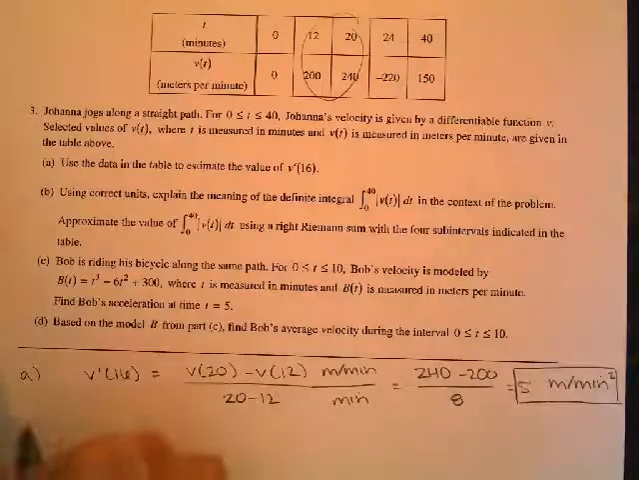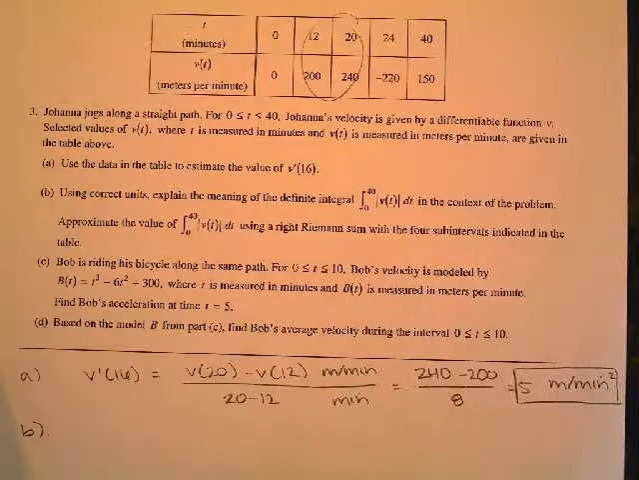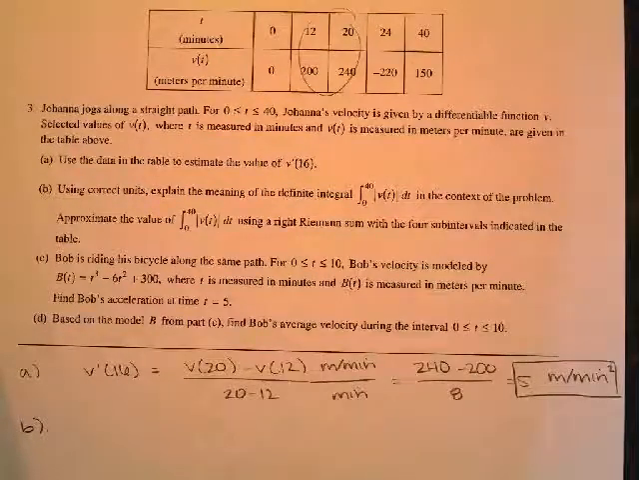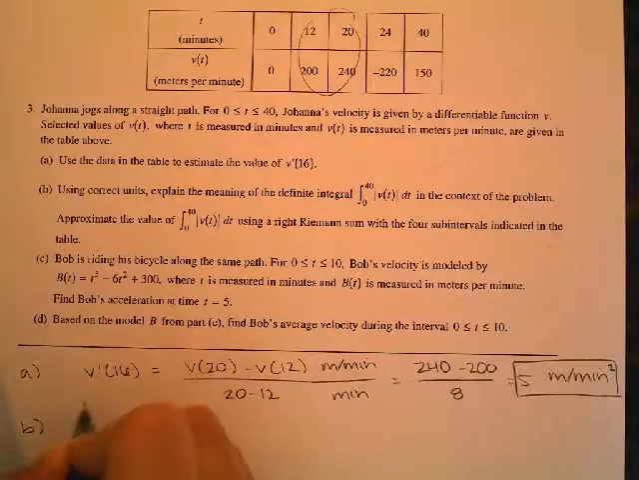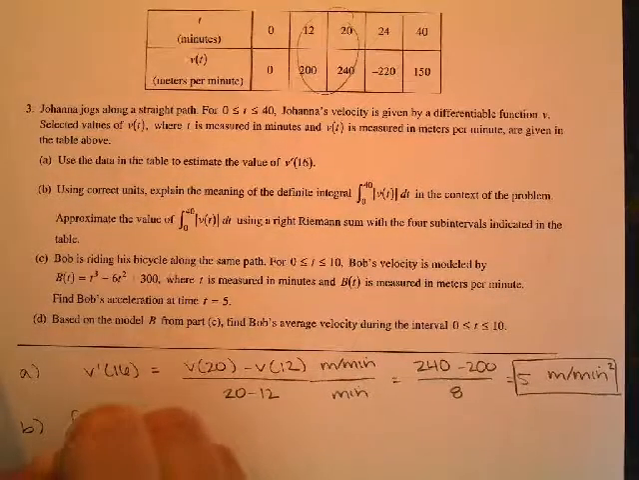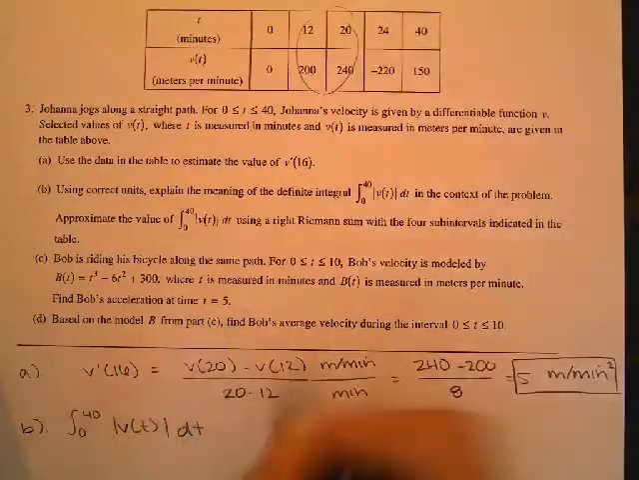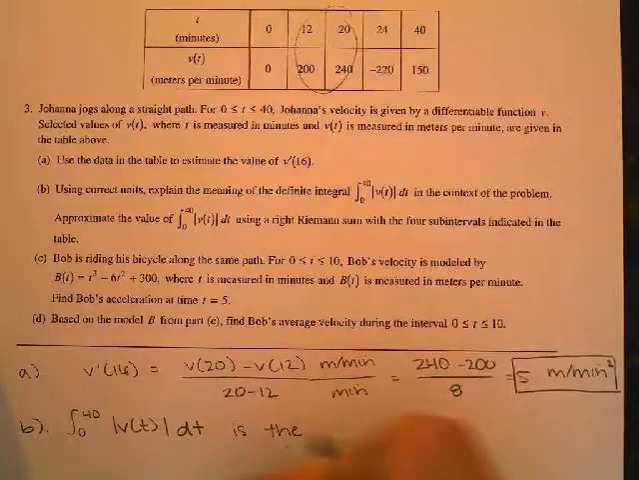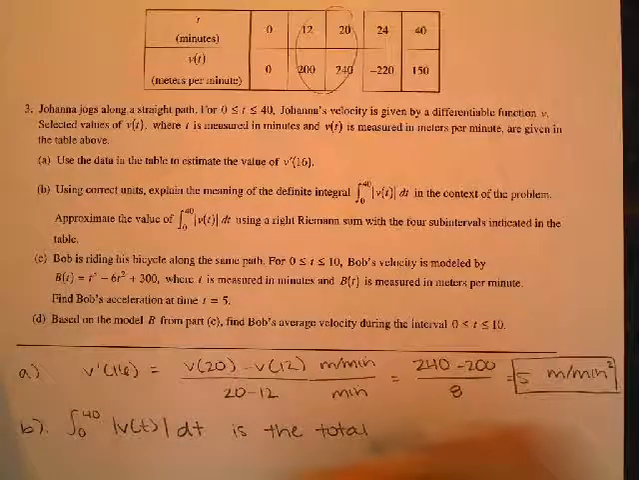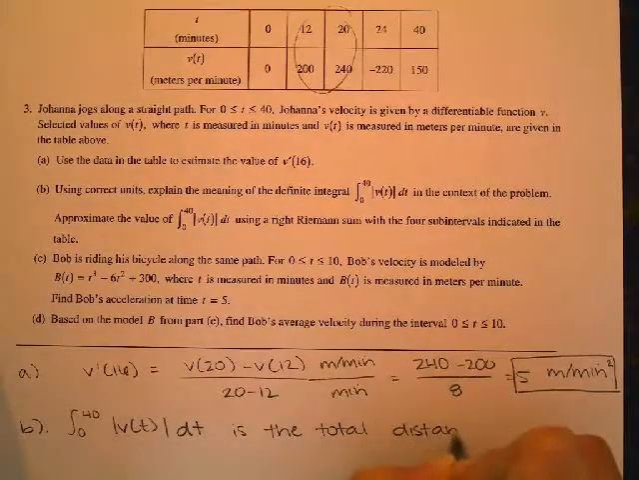All right, so using the correct units, they want to know the meaning of the integral from 0 to 40 times the absolute value of v of t, and then to approximate that using a right-Riemann sum. So the integral from 0 to 40 with an absolute value is the total distance. So if you guys recall, when there's no absolute value, that's displacement, because it